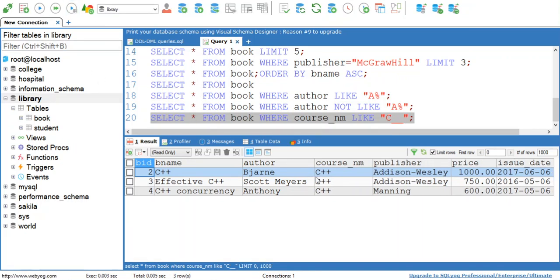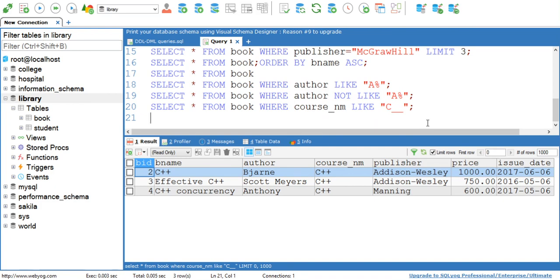Execute this. See, now at the output you can see data for only 3 books. The C course name is omitted here because my query is for a course name which consists of 3 characters and starts with C. After C there will be 2 characters. That's why data for C++ is displayed.